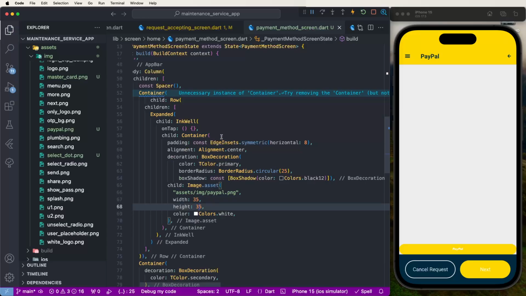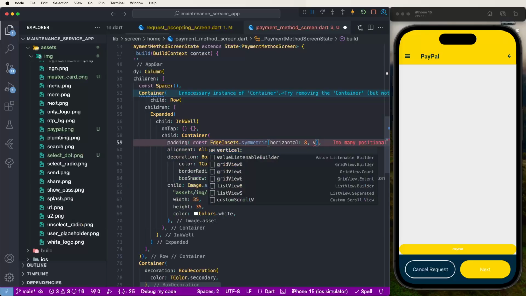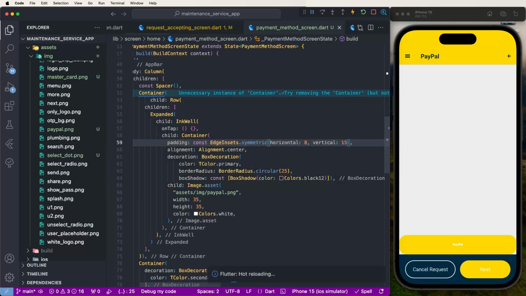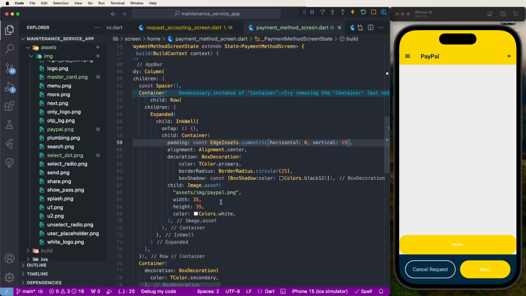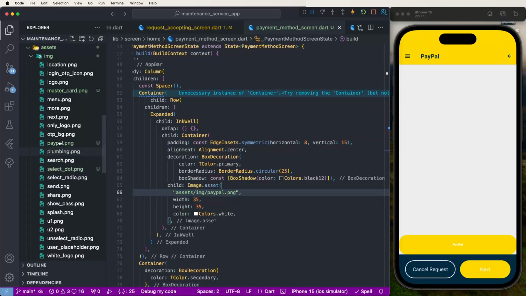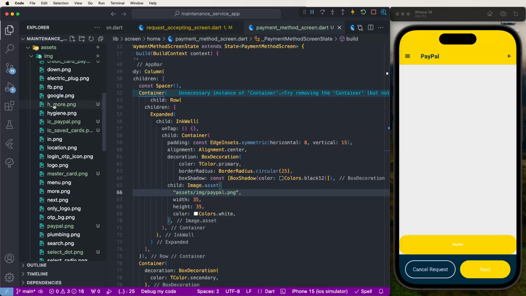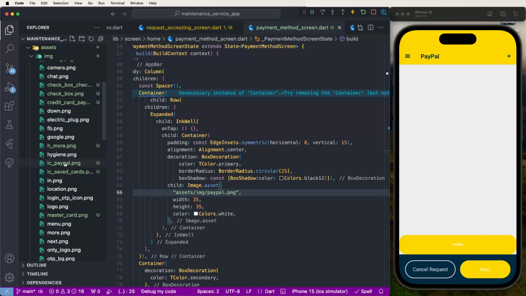Also need to set here vertical padding, need to set here the 15 is good enough. Here icons need to use wrong, and first of all fix this here the people icons. Now need to copy relative path and paste this here, and look like this showing here. Need to set here the 30,